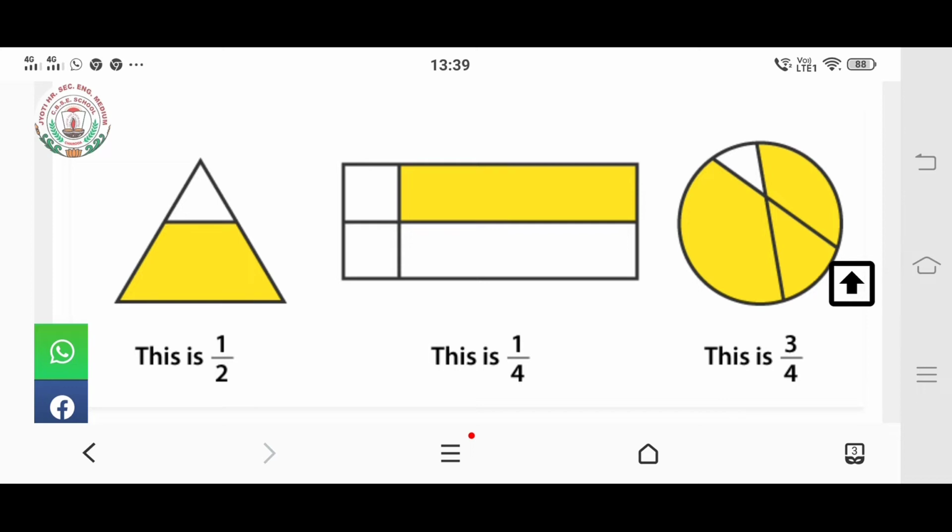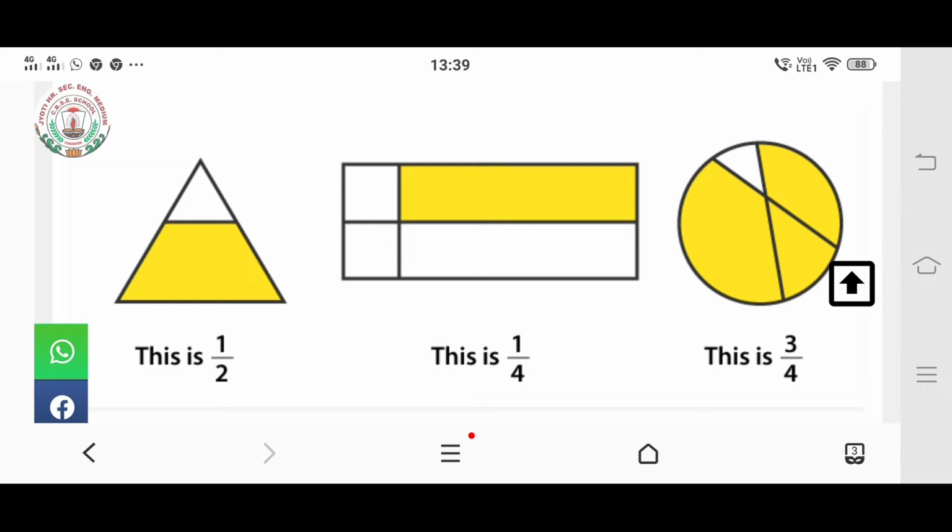1 by 2 actually means half. So can you say that this triangle is divided into half part? As such also you cannot say that it is half part of this. So the reason you will write is that it is not correct, there is an error because these two parts are not equal parts. Clear? Next, it is 1 by 4.